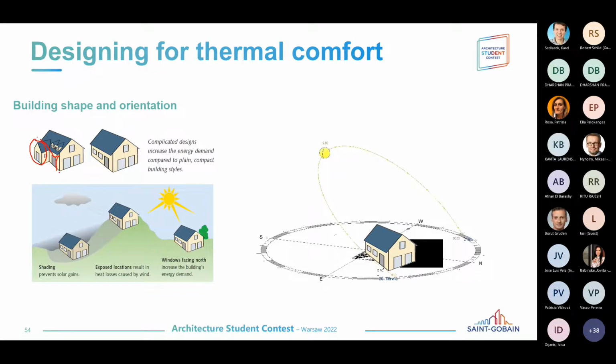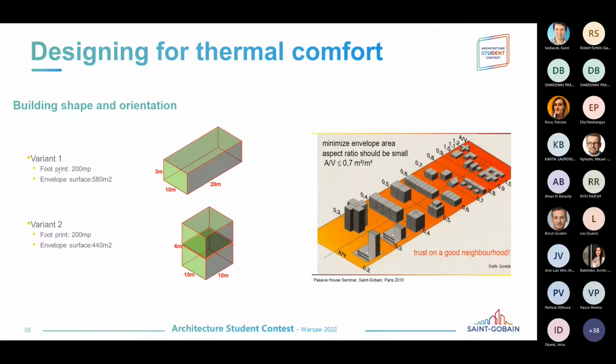This is very important to think about and to understand, because there is a very direct impact on the building itself and the consumption that it has, and how you look at this consumption per square meter. I have here two calculations, variant 1 and variant 2. In both of them, the footprint is basically the same, 200 square meters, but in the first one I have it on only one floor, and in the other one I have it on 2 floors. In the case of the first one, the surface of the envelope is almost 600 square meters. It's about 25% lower in the case of the second one, and that's why